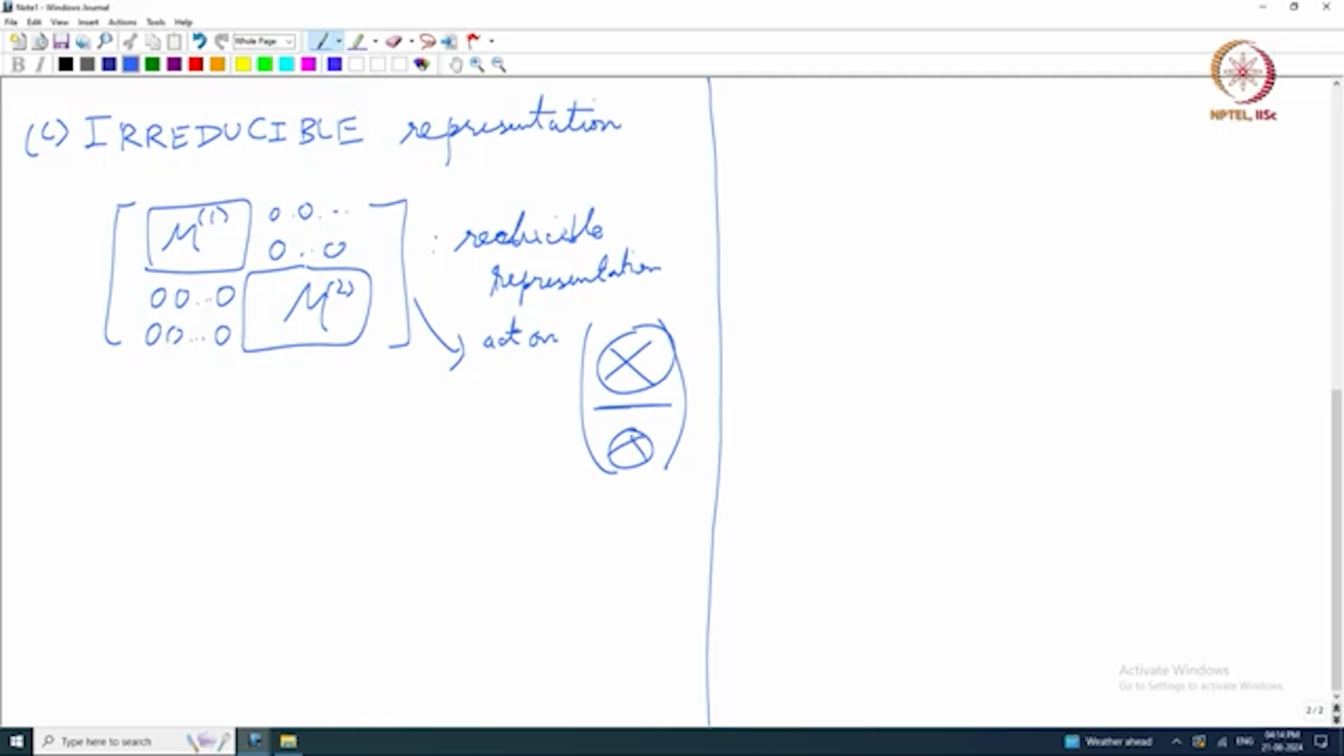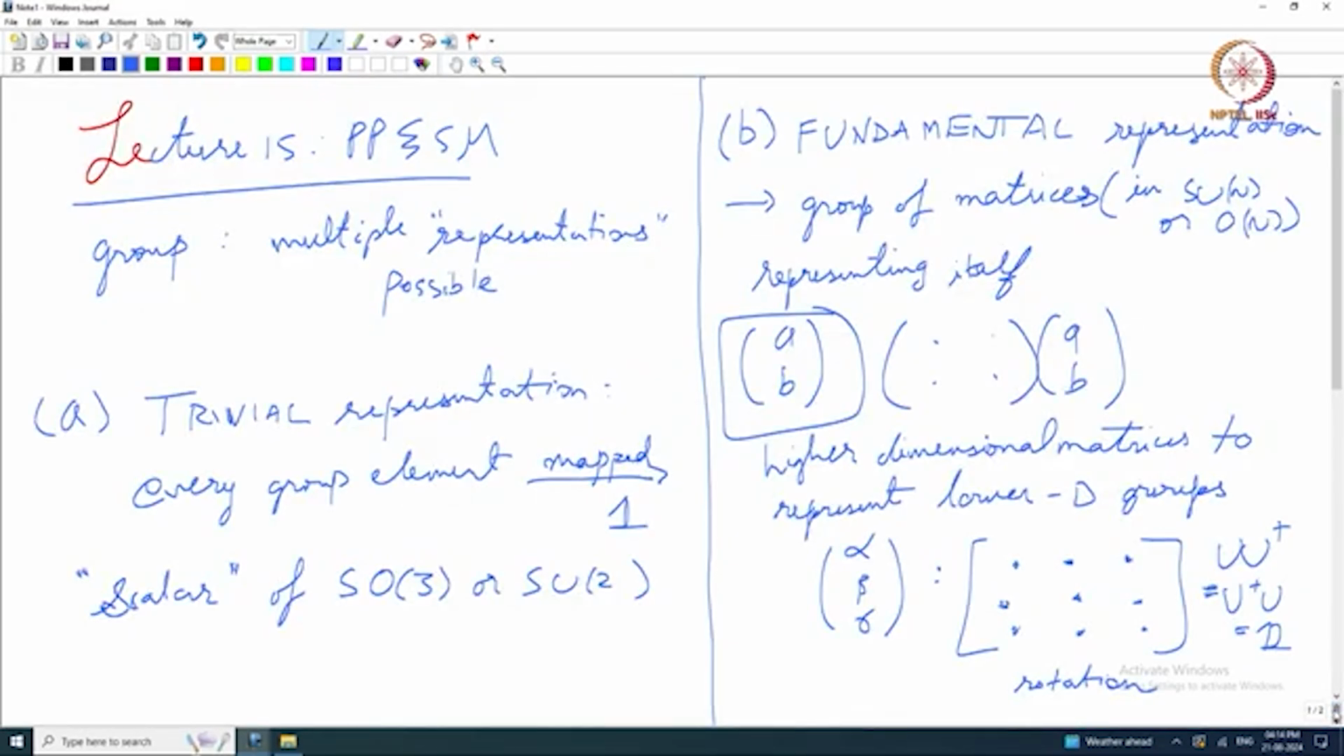As long as you do not have that, as long as you only deal with one block, so that you cannot divide it into further blocks, that is an irreducible representation. All right. Okay. So, maybe I did not say this explicitly, but for fundamental representation some examples would be,